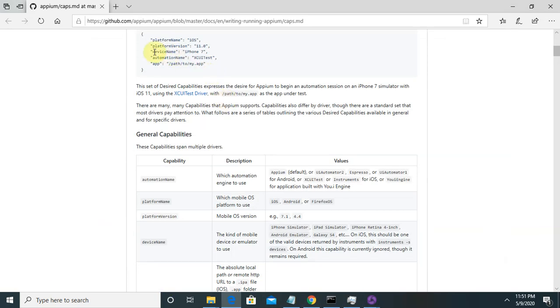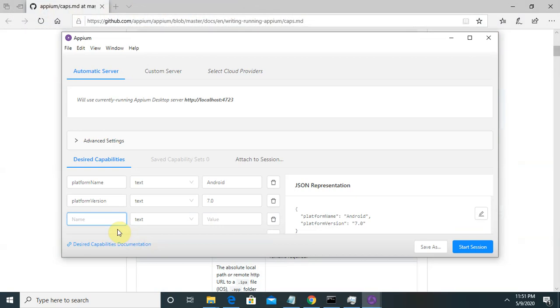Then the next, device name. Whatever your device name is, you can enter it. The device name will help you for the configuration at the time of configuration in UiPath. My device name is Moto G4 Plus.